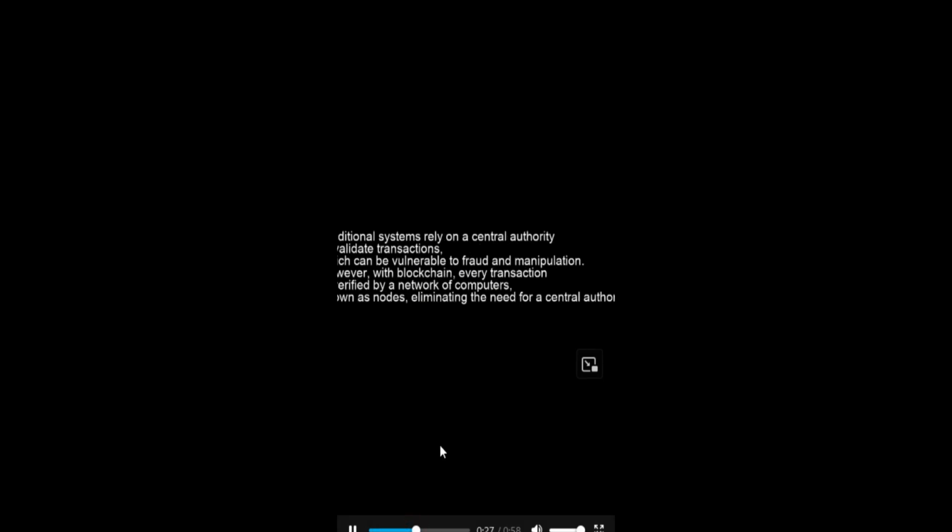Blockchain technology is revolutionizing the way we conduct transactions and store data. At its core, traditional systems rely on a central authoritative validator, enhances security and eliminates the risk of a single point of failure. Blockchain also ensures transparency and immutability. Once a transaction is recorded on the blockchain,